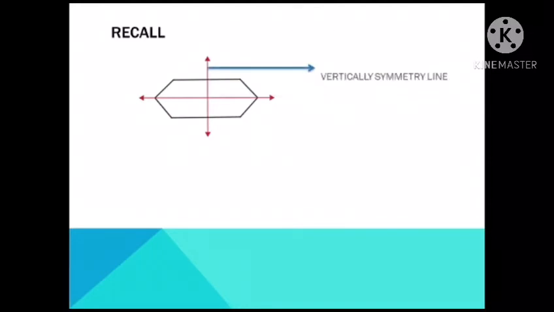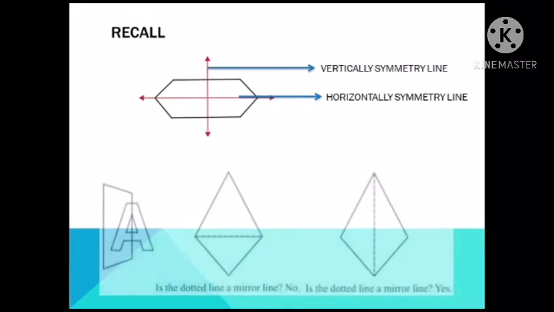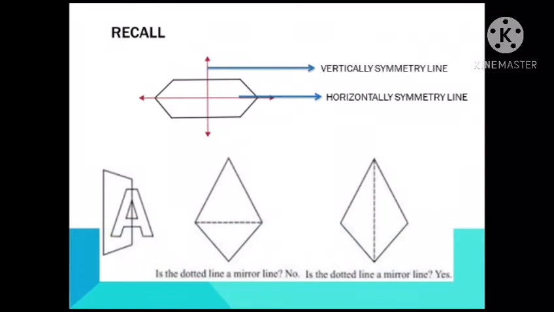So this is a vertical symmetry line, and this is a horizontal symmetrical line. So we can cut it vertically, horizontally or any way. If you see the A, the first one, when it is kept in a mirror, it should reflect the same. If the opposite side is like a mirror picture, like when you keep it in the mirror, it will reflect the same, right? So if it reflects, then it is symmetry. If not, it is non-symmetry.